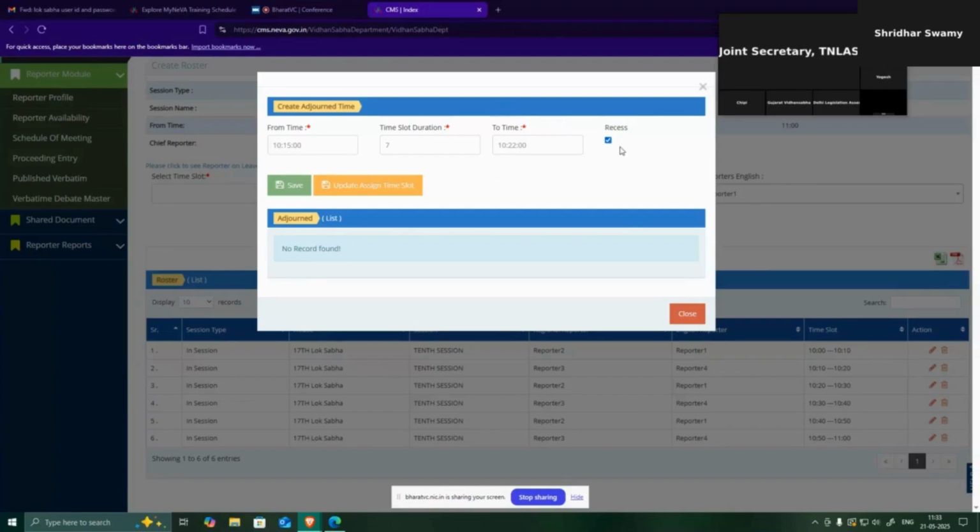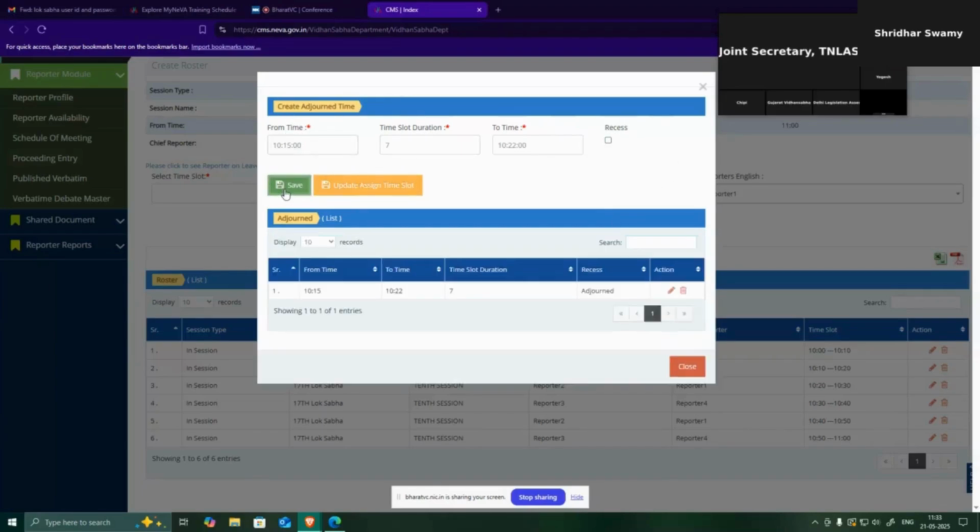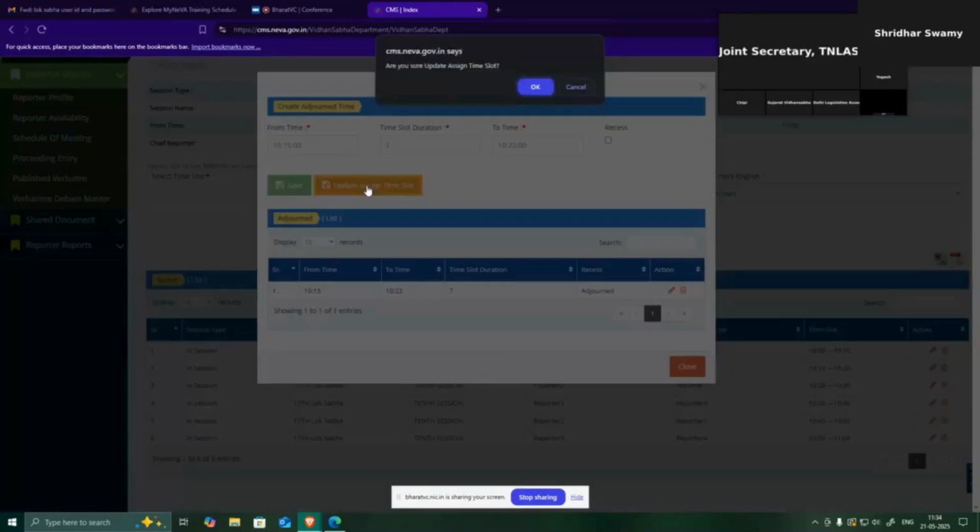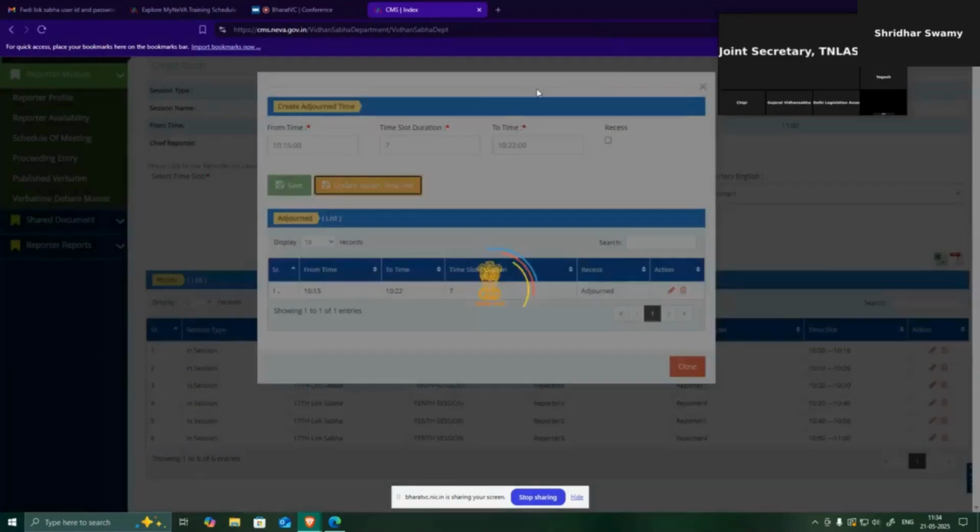So after setting all this adjournment time, you can firstly click on the save button. Then after saving this particular entry, you can click on the update assign time slot. After assigning the update time slot,